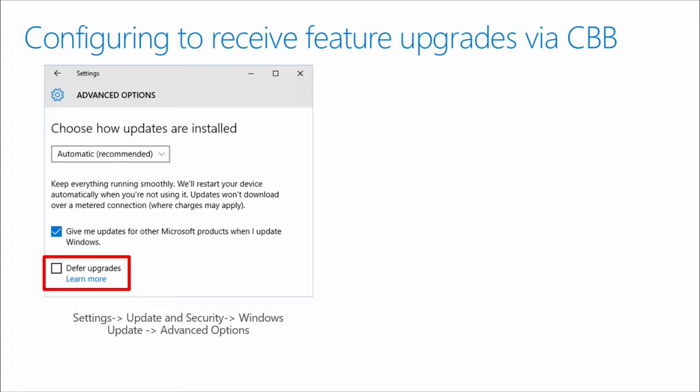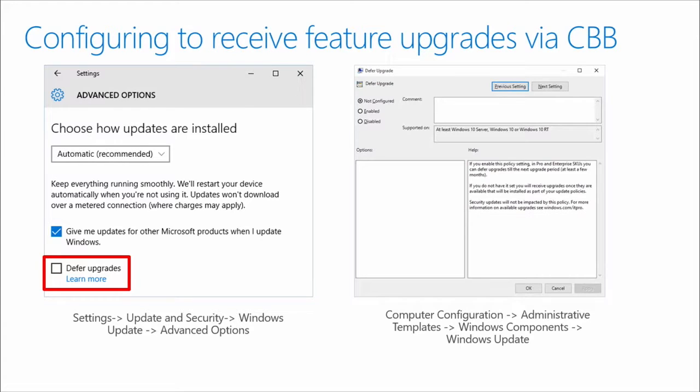That can be done per machine. That can also be done via group policy. So you can configure a group policy for a group of machines to do the same thing. Now, if you're using WSUS or Config Manager, which most organizations are doing today, they don't really have any impact. That setting's not going to suddenly change anything because the upgrades aren't going to be deployed out until they've been approved by the IT administrator anyway.